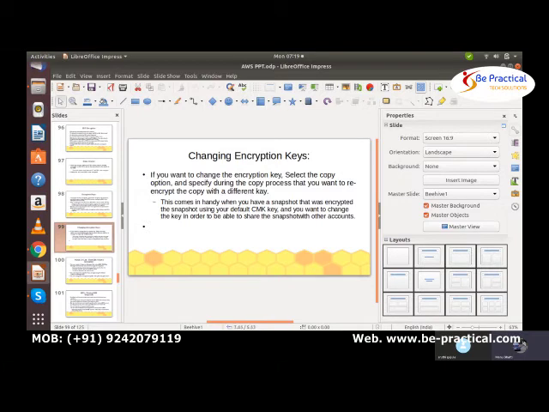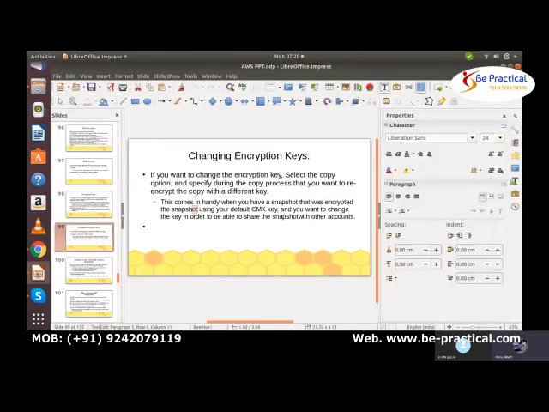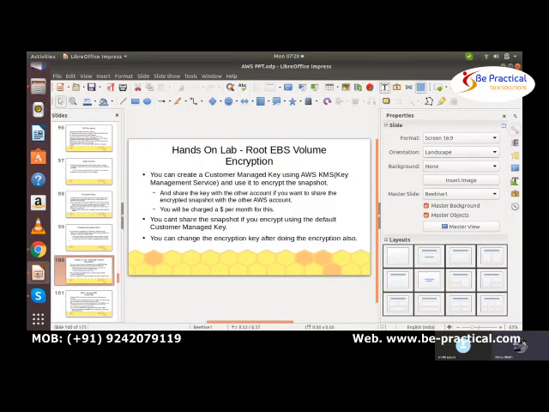You can re-encrypt and specify a different key. That also we can do. This comes in handy when you have a snapshot that was encrypted using your default key, and you want to change the key in order to be able to share the snapshot with other accounts. This is because if you have done the encryption with the default key, then you cannot share it with anybody, because the default key you cannot share. Okay.